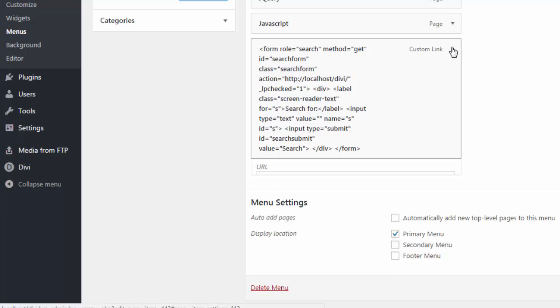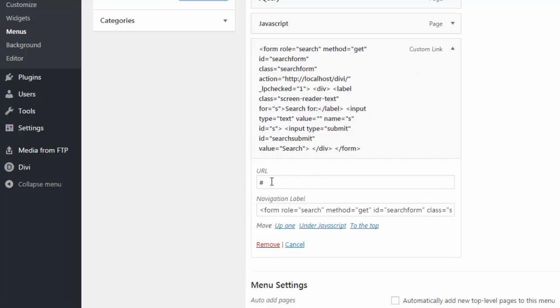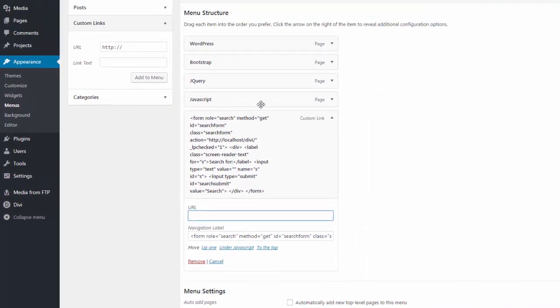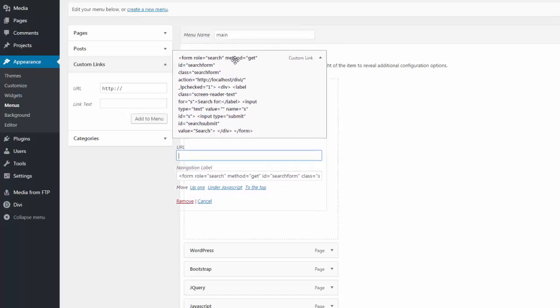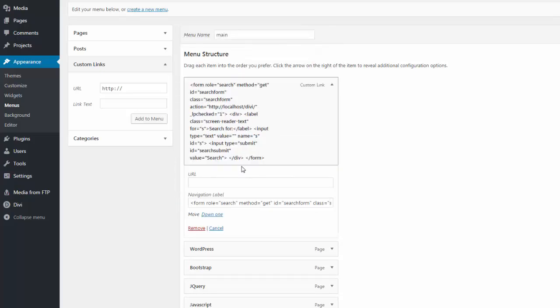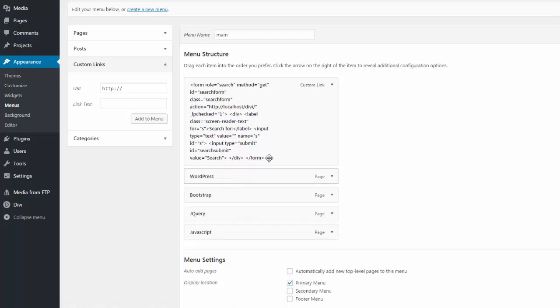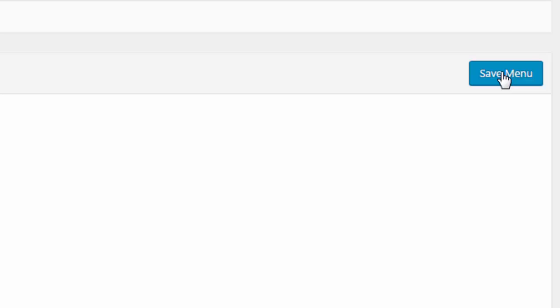Let's just, while we're in here, I said we had to put in a link. Once it's over here, we can get rid of that link so it doesn't try to go anywhere when we click on it. Now, where would you like to put it? Right here, it's at the end. That's okay. I'm going to put it up there at the beginning. So you just click and drag, and there we have it. It's before my first entry there. Now if we go Save Menu,